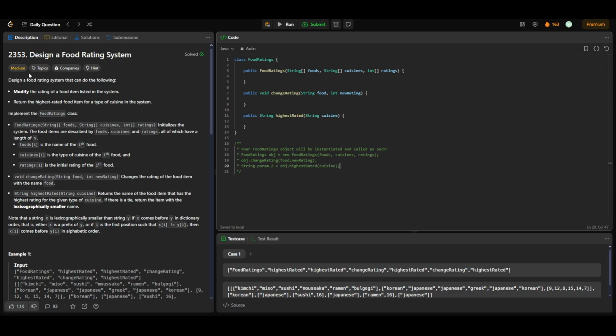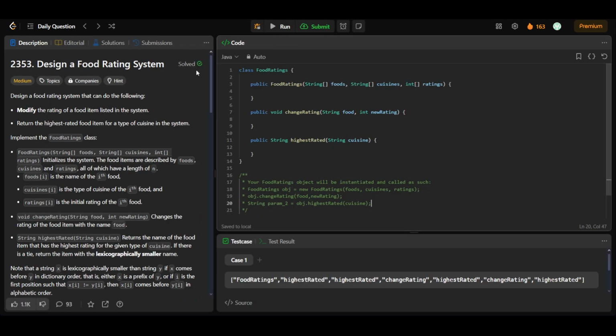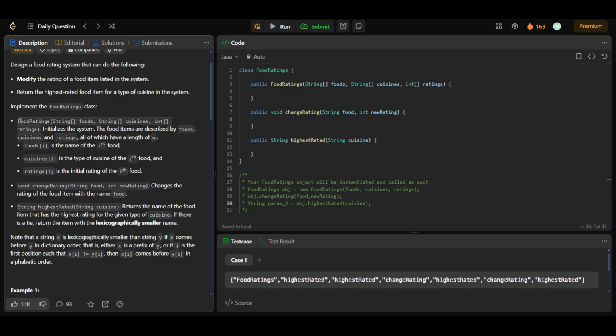Okay, so let's solve today's daily question, that is 2353, design a food rating system. Apparently this is a hard question and I don't know why they have just put it in medium. What it's basically asking is that we'll be given three inputs, that is, we have to basically design